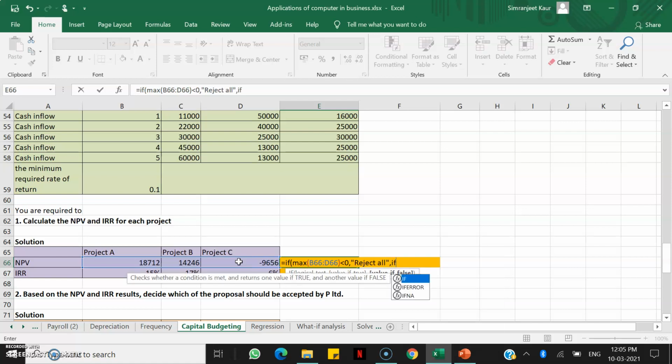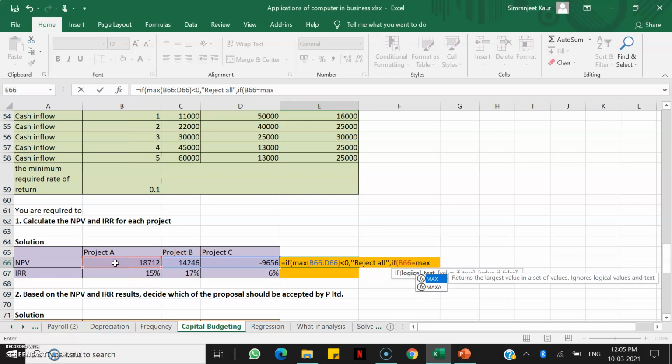Otherwise, I'll use another IF function within the IF: if project A is equal to the maximum of these three, then write project A.